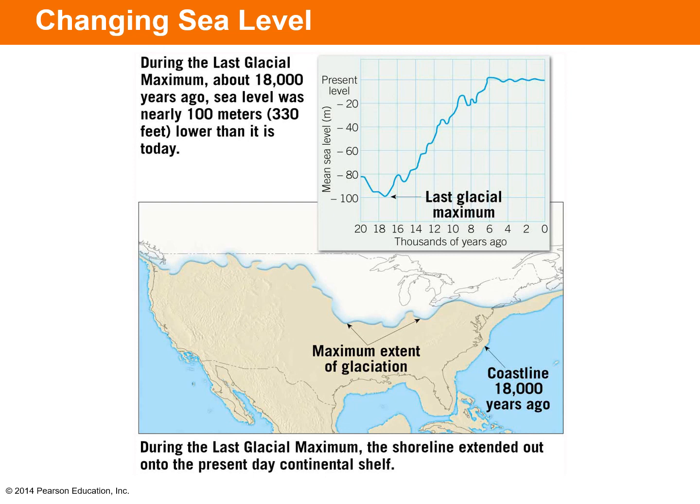And you can see what the coastline of the United States would have looked like during the last glacial maximum 18,000 years ago, because sea level was 100 meters or 330 feet lower than it is today. So the entire continental shelf, basically, of North America was part of the landmass back then and is now submerged as a result of the melting of glacial ice.